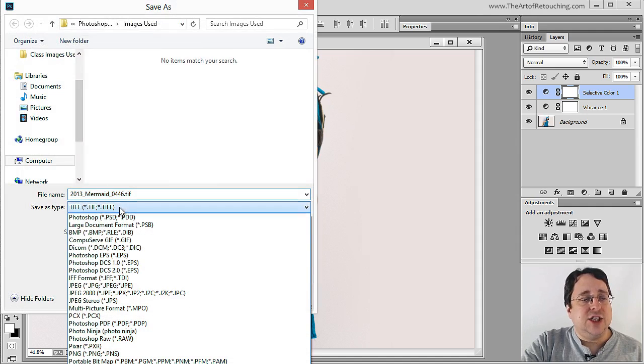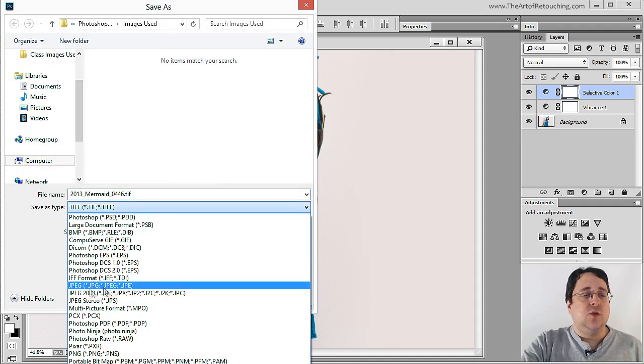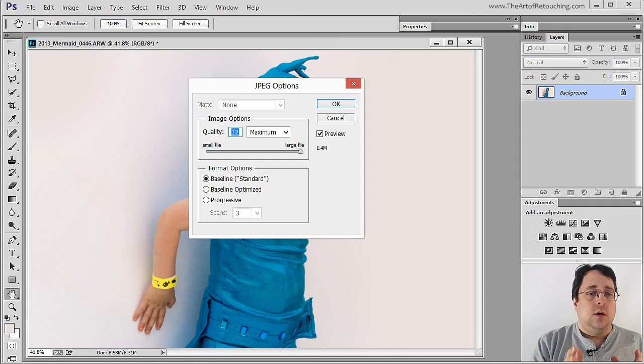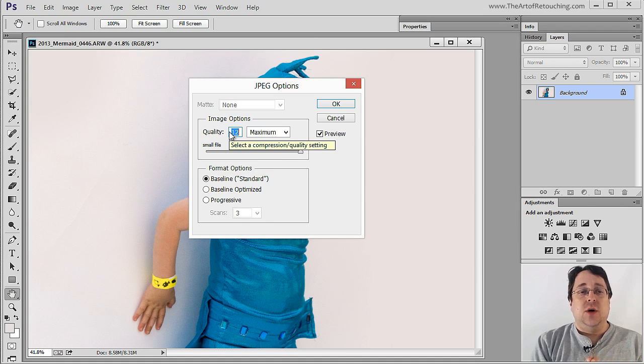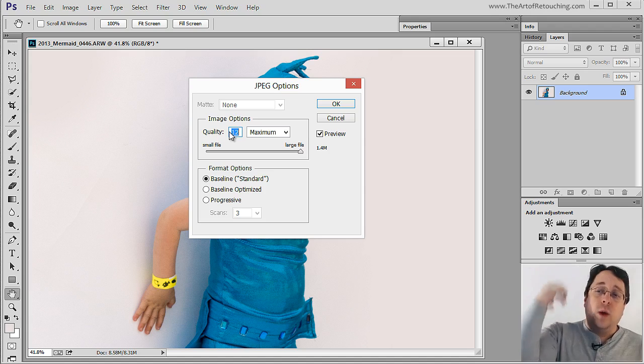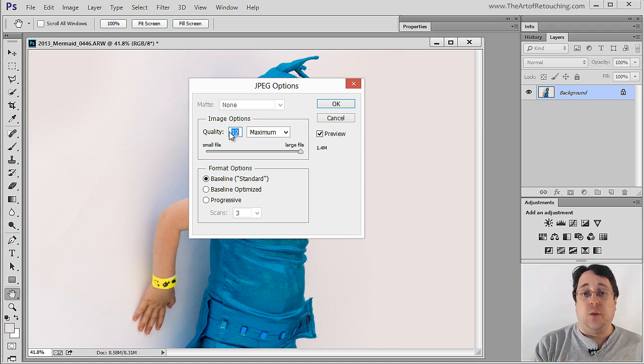When it comes to saving as a JPEG, you have a couple different JPEGs in here. You only want to use this first one called JPEG. And we'll hit Save. So when saving as a JPEG, I currently have this set for large file and a quality of 12. Basically, what this is going to do is look at the image, and if you have a blue shade 1, blue shade 2, and a blue shade 3, it'll say, you know what, blue shade 2 is close enough to 1, throw away blue shade 2 and only use 1 and 3.